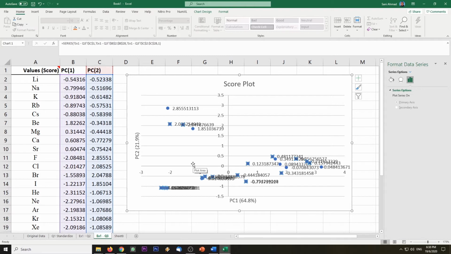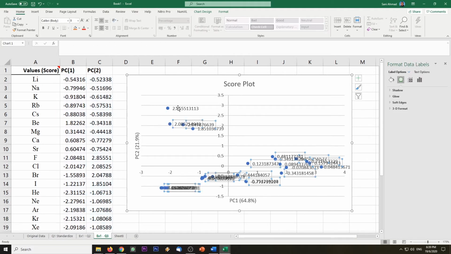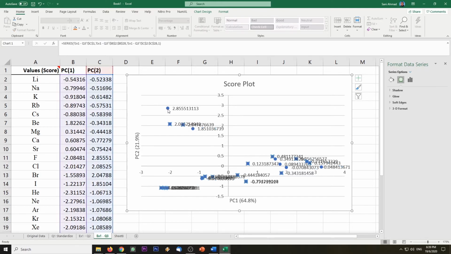Add data label. Okay, so these are all the data, and then you go to here